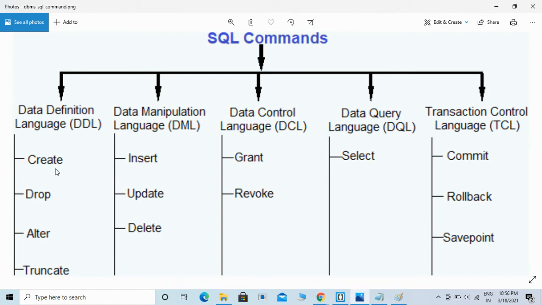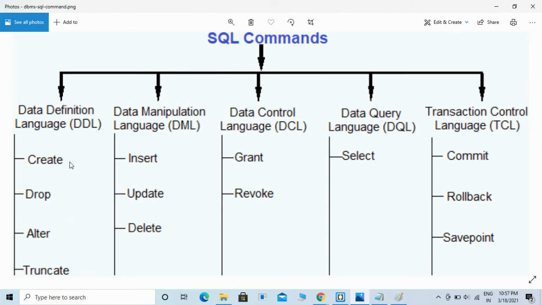It simply deals with the database schema and is used to create or modify the structure of the database objects in the database. Create, drop, alter, and truncate are the DDL commands.